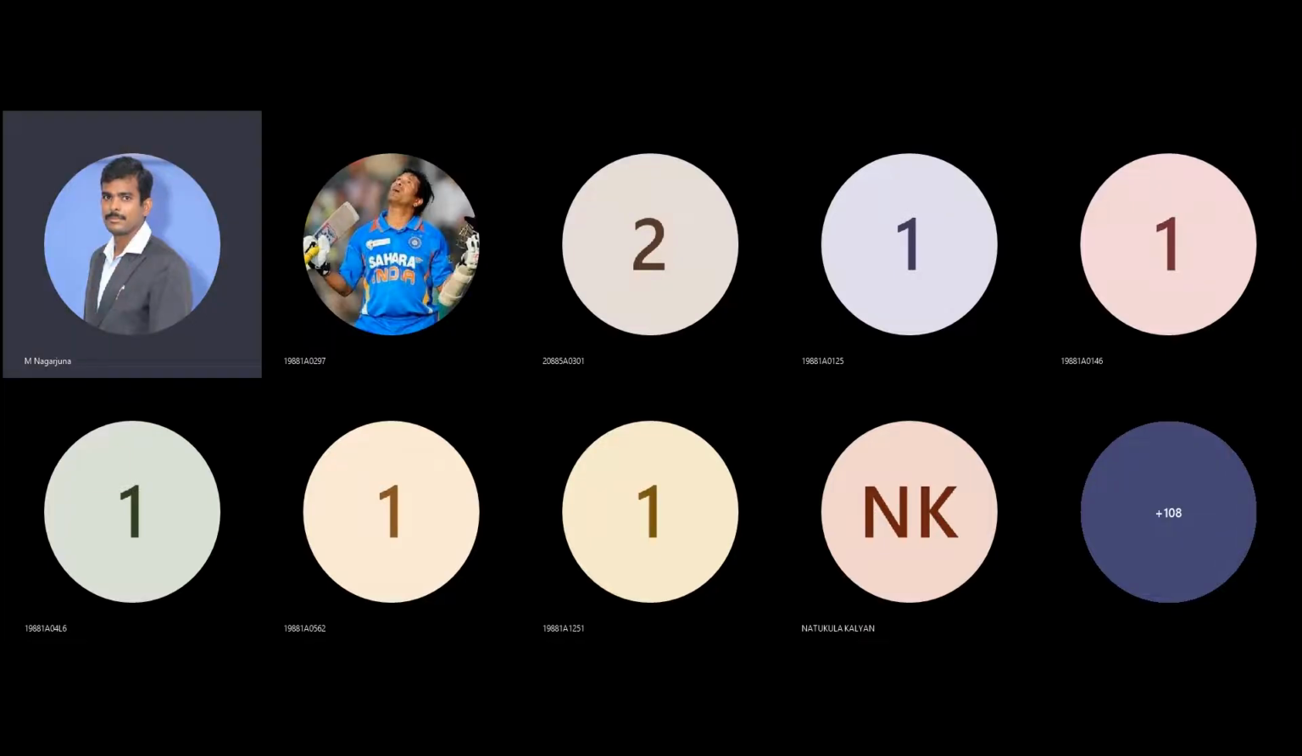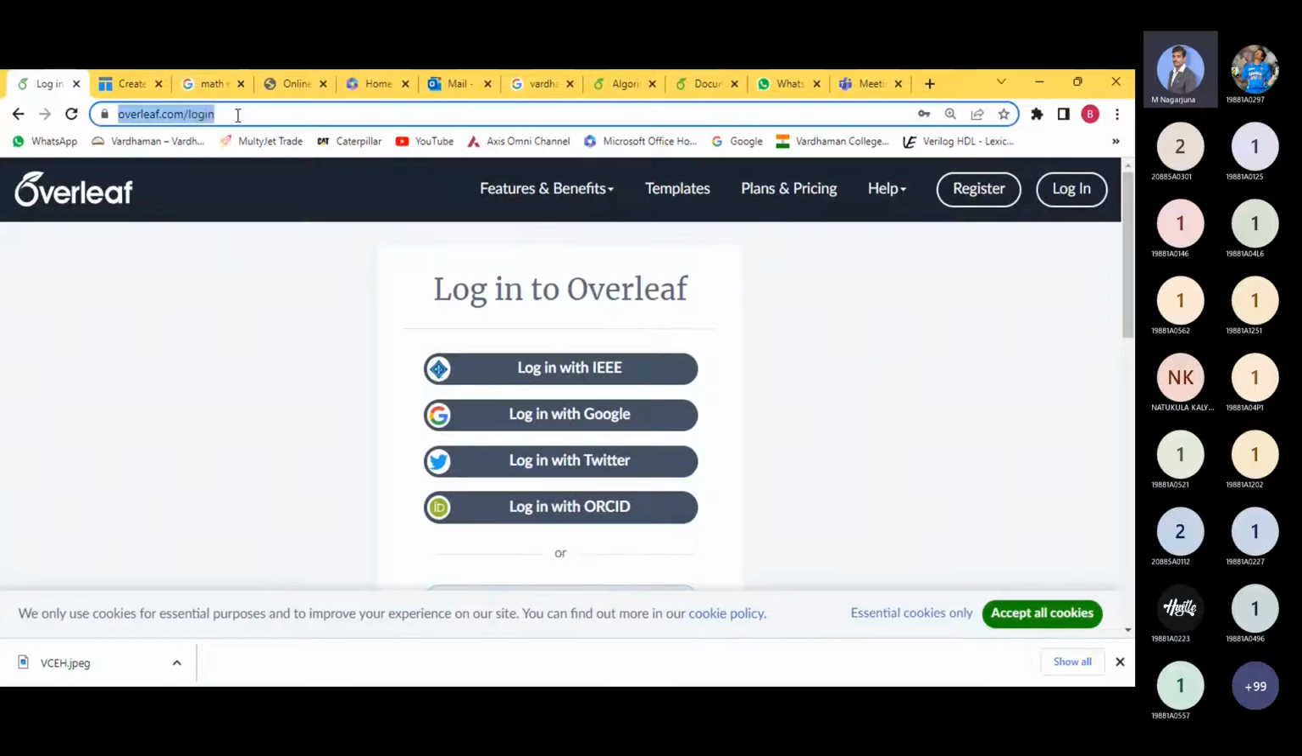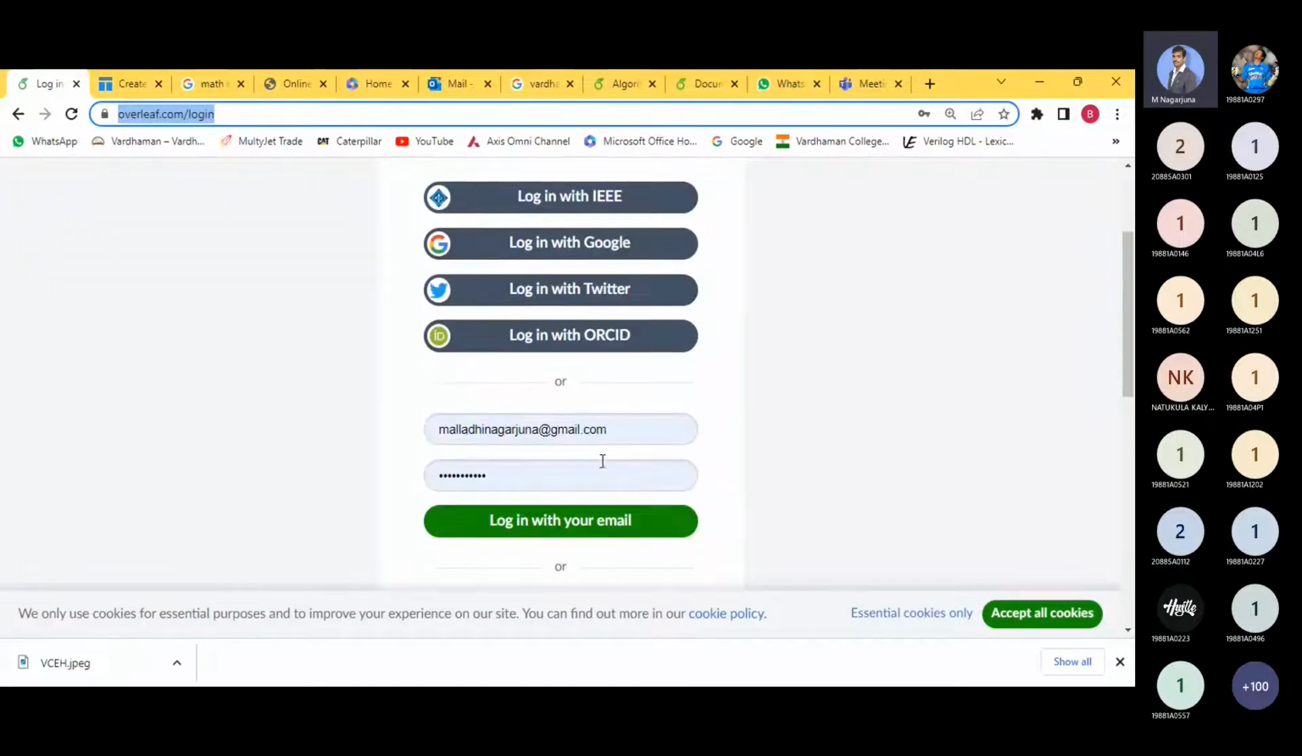Okay, so now let's come to this. Just open your browser and go to overleaf.com. So this is the URL, where we need to create our account. In overleaf.com, first we can create an account with your Gmail account, or you can create